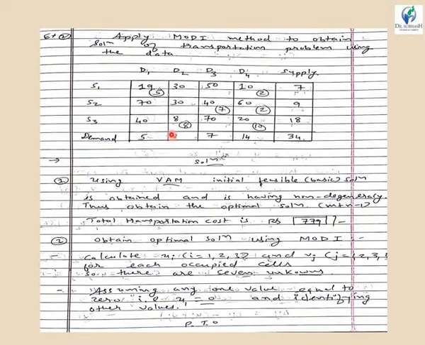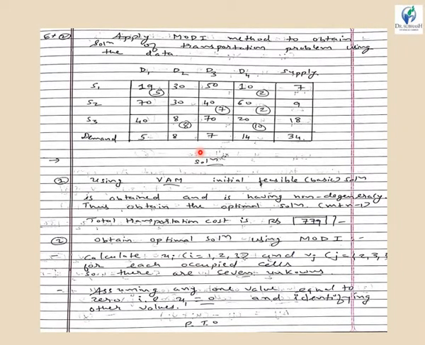Now, using the VAM method, as we had discussed in our fourth lecture, there are ultimately three methods which are used to obtain the basic feasible solution, but in our fourth lecture we studied the last method, that was VAM, Vogel's approximation method. That method is mostly preferred because it takes you nearer to the optimal solution of the given transportation problem. If you see the three methods, the northwest corner method, the least cost method and the VAM method, in all three we obtained the total transportation cost, and the cost obtained with the VAM method was minimum.